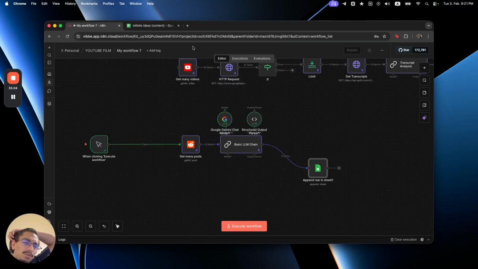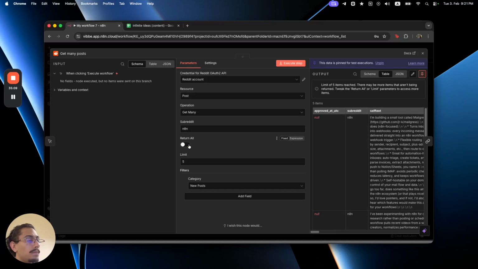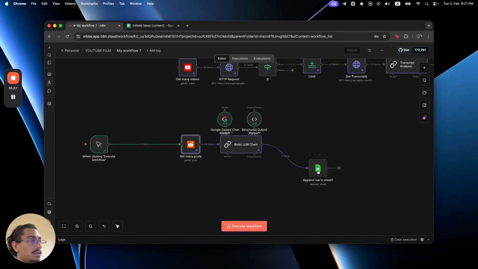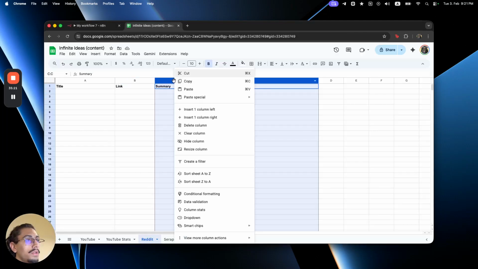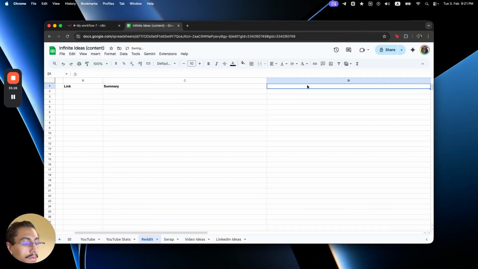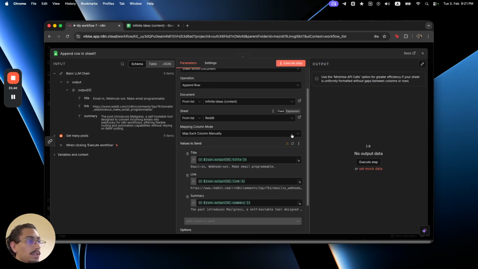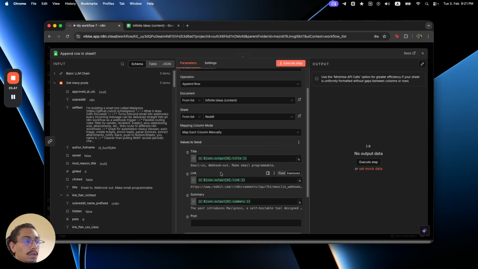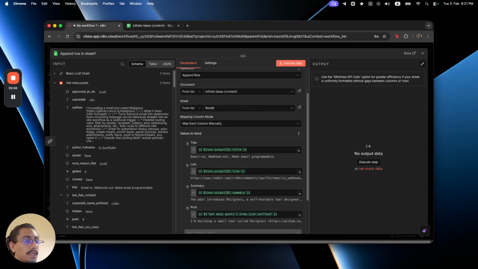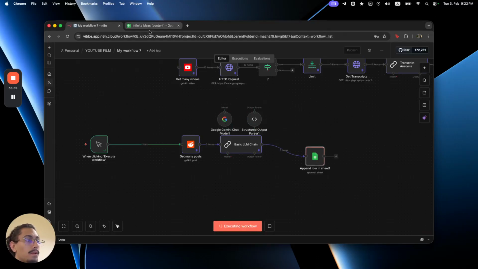I wonder if we could also include the raw data of the post, right? We could just include the raw data of the post. Let's just do that, so we can have the summary here, which is fine. But if you don't want to read the summary and you want to read the post, we can have it be here as well. So the way we'll do that is just connect this up and you'll need to refresh this and grab the self text and put it there. So if we run this,